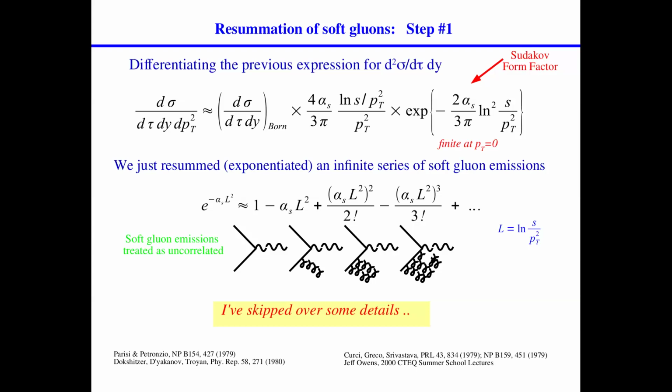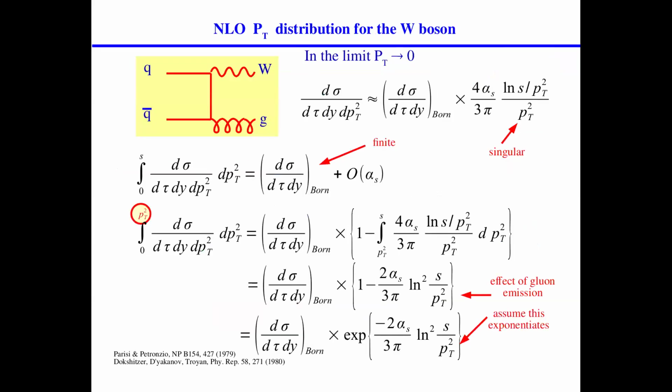And this trick here, I've given the reference, but it was Jeff Owens that showed me this trick. But the original papers, the Airbury and Dogshitzer, they did this trick to rearrange the terms and set up the resummation. That's not a proof of the resummation, but if you believe these manipulations are valid and you believe I can exponentiate that series, then all of a sudden I've taken something singular and I've got it into the Gaussian form. And the Gaussian form sort of looks like